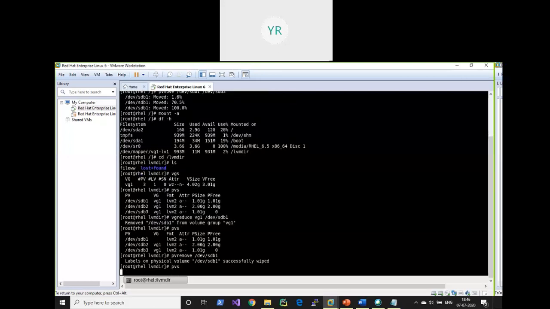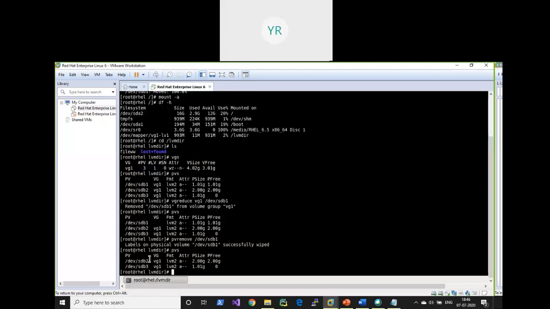Now check it. Look here, sdb1 is also removed. We only have sdb2 and sdb3. Like that, you can remove a PV from a VG, or move the data from one PV to another PV. That's it. Now the next topic is